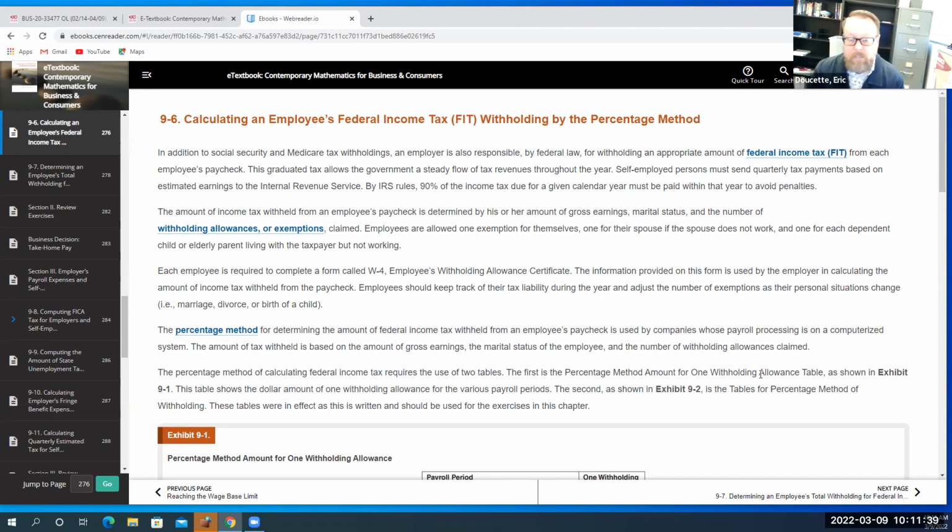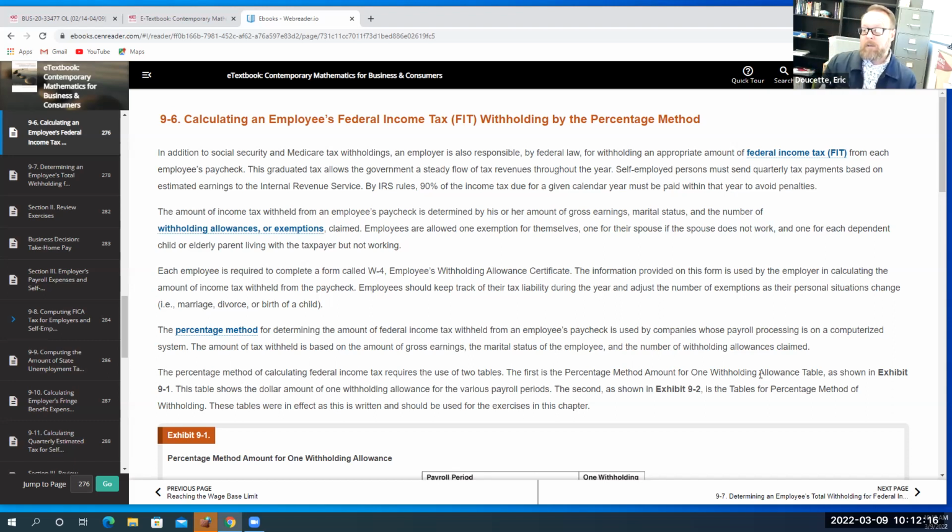So, calculating employees' federal income tax withholdings by using the percentage method. Basically this is going to be predominantly based on whatever withholdings the person has filed. If you work, you know that when you get a job, they have you fill out the form where you put how many deductions you want taken out of your paycheck. And that is basically what's going to be taken out. That's your W-4 form, and you're going to fill that out. Based on that, and based on whether you're single, and whether you get paid weekly, bi-weekly, monthly, etc., it's all calculated how much tax they're going to take out.